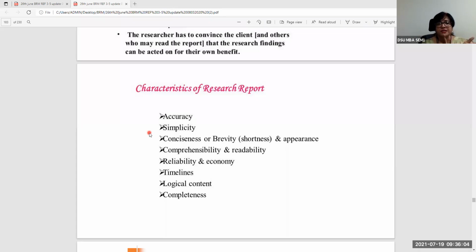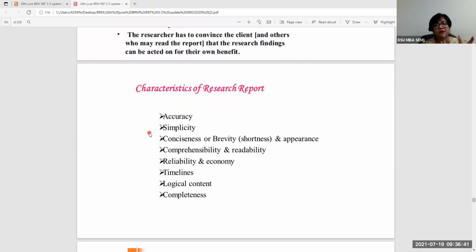The research design comes as the third stage of the research process, and therefore perhaps the third chapter of your research report could be looking at the research design. So the different research designs: whether an exploratory research design was required or not, was it used, what conclusive research methodology was used, what descriptive research process was used, whether any experimental methods were used or not, what sampling techniques were used, why a certain sampling technique was used and why not something else, those kinds of things, and the measurement instruments that were used.